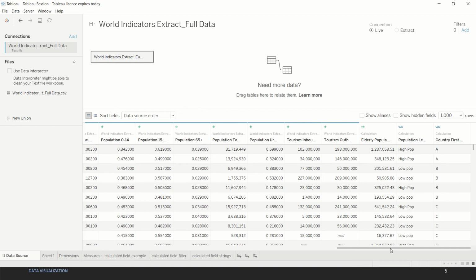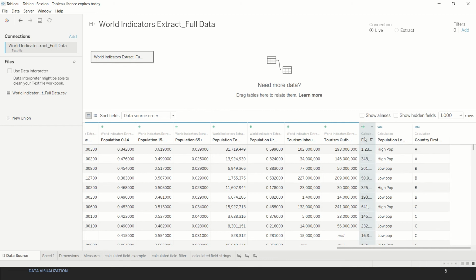As you can see in the data source sheet, we have the population less than 10 million field, and the entries here are high population if it is more than 10 million and low population if it is less than 10 million.